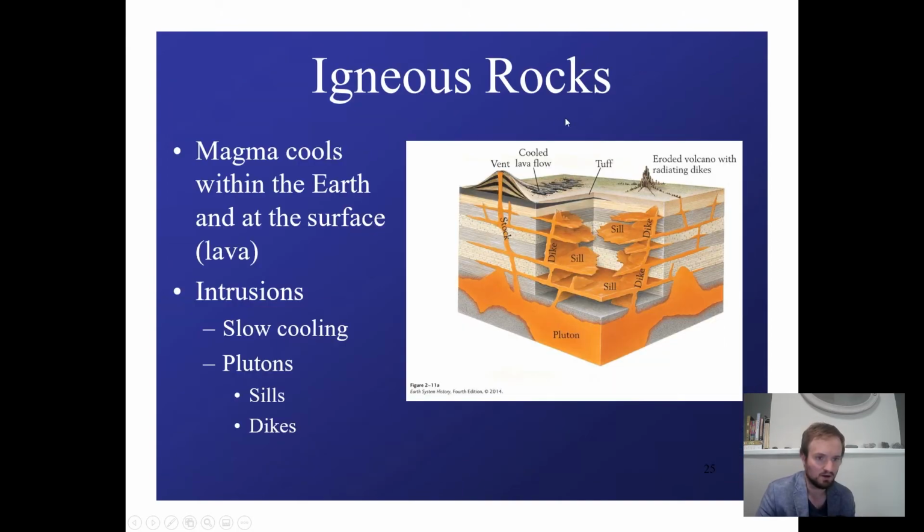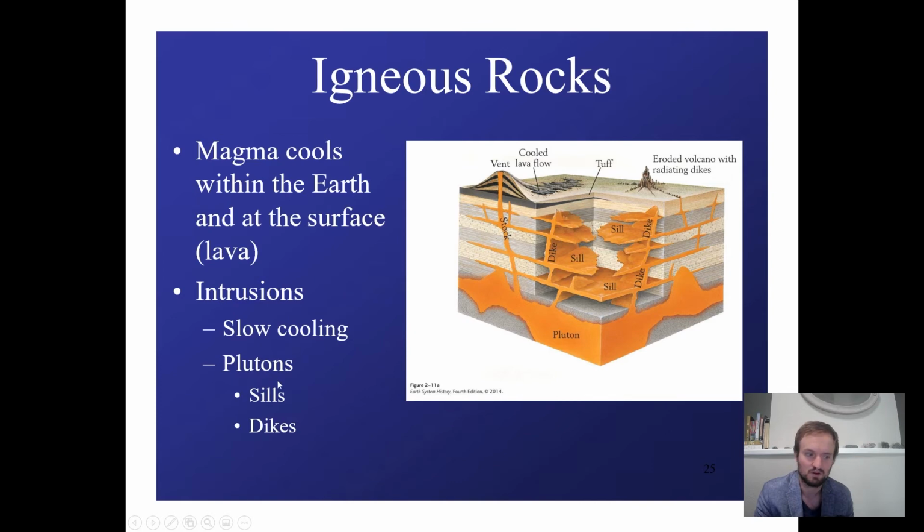So on the concept of igneous rocks, when magma cools inside the earth, we call it an intrusive igneous rock. We talked about that last week. And at the surface, we call it an extrusive igneous rock. Magma is inside the earth and lava is on the surface. For intrusions, intrusions are very slow cooling. That's where you get your big crystals. Remember that term phaneritic, okay? So intrusions cool very slowly,